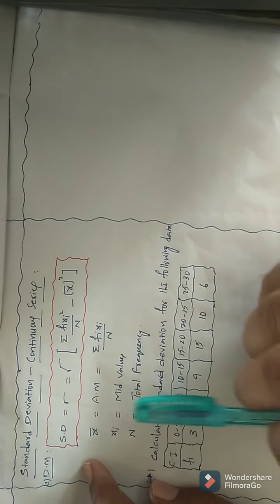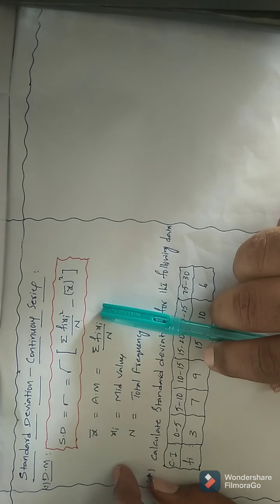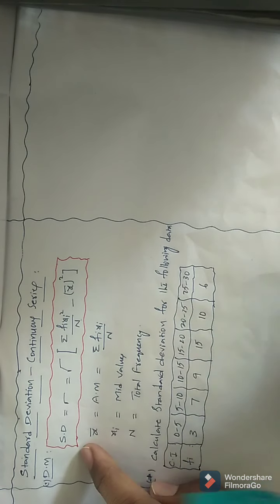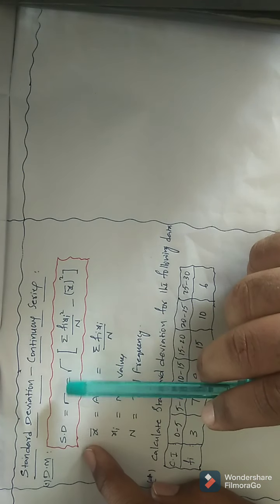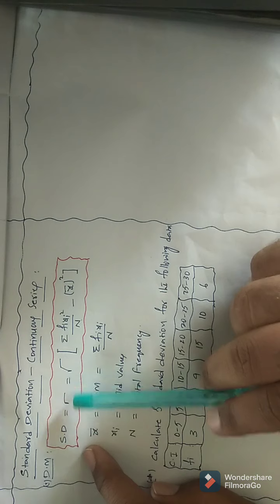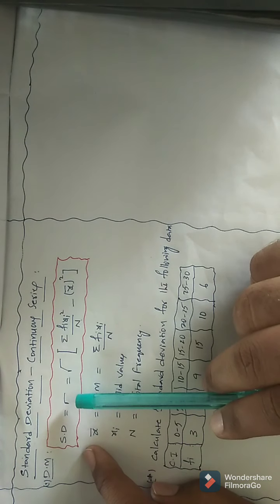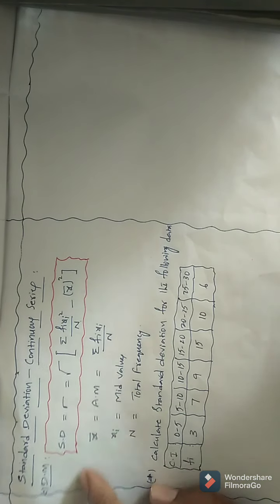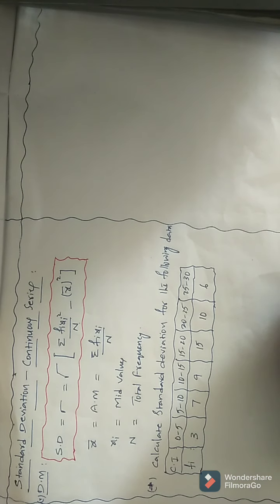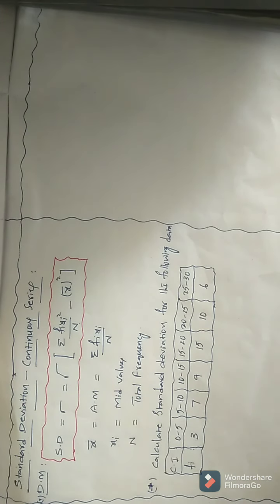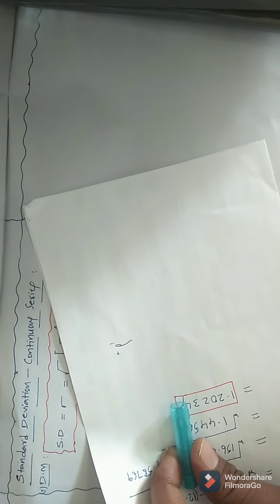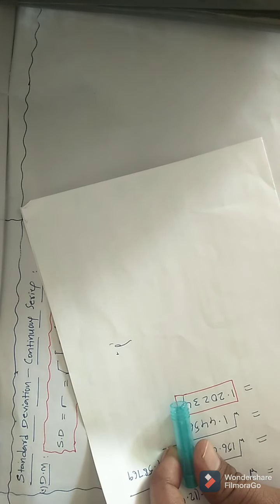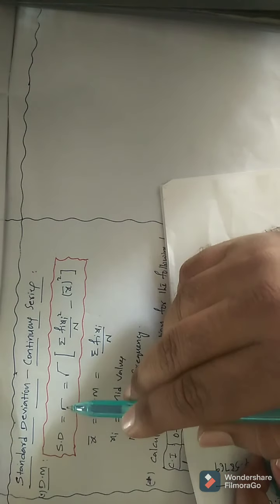So this is the direct method formula to calculate standard deviation. SD stands for standard deviation, sigma. It's not the rho. In a few books it is mentioned as rho, but the actual name of this is sigma. Rho is one more symbol; in the upcoming classes you will come to know about rho. Rho means rank correlation, so that is different. Now here the symbol name is sigma.